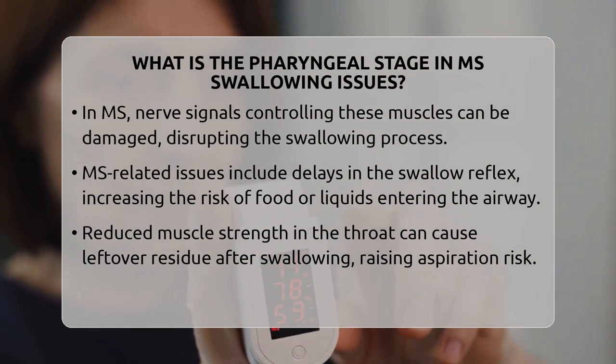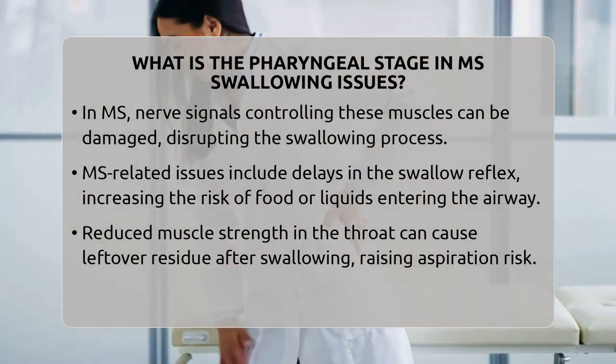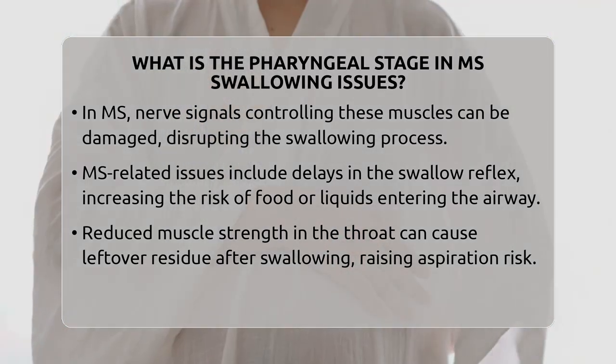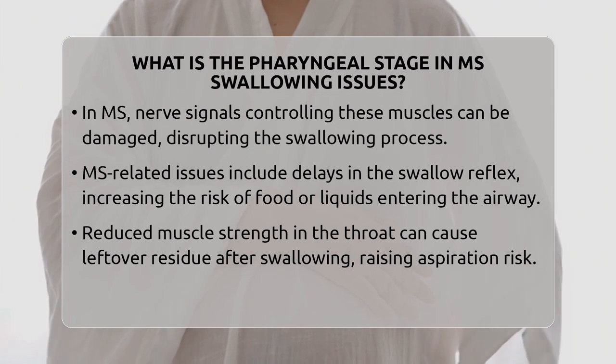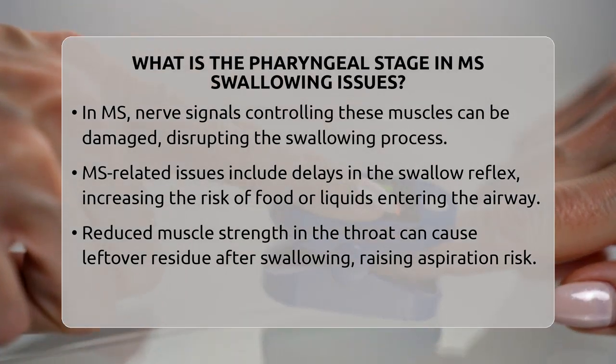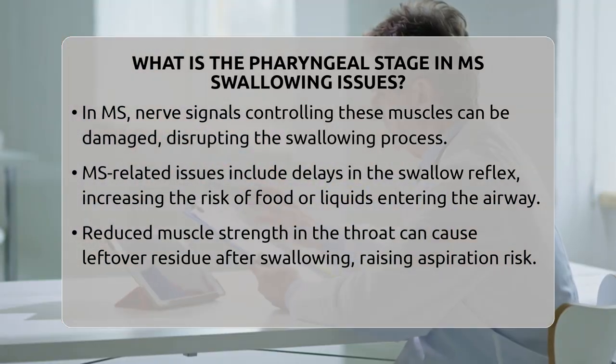This means there is a lag between when the food reaches the back of the mouth and when the swallow reflex kicks in. Because of this delay, the airway stays open longer than it should, increasing the chance that liquids or saliva might slip into the airway. This can cause coughing, choking, or even lead to aspiration, where food or liquids enter the lungs, raising the risk